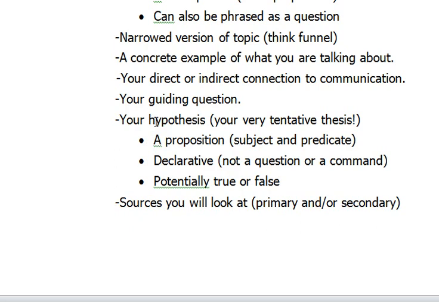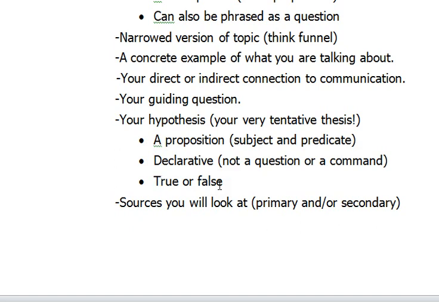Now, a thesis is going to be a proposition, so it's going to have a subject and predicate. It's going to be a declarative sentence, basically, okay? And it's either true or false. I actually don't want to say potentially here, because it is either true or false now. You may not know which one is which. And you might not ever really know fully that it's true, but you might just get enough data to show you that it probably is true. But you do know that if you had all the data in the world, and if you could see this, then you could determine whether it's true or not. Okay, so it has to be that sort of thing.